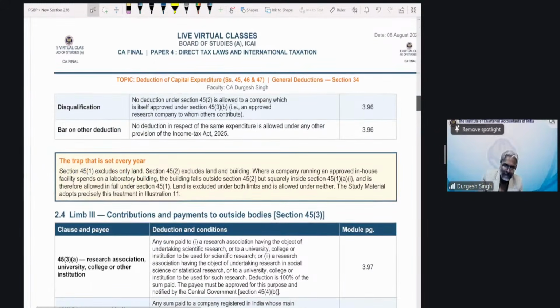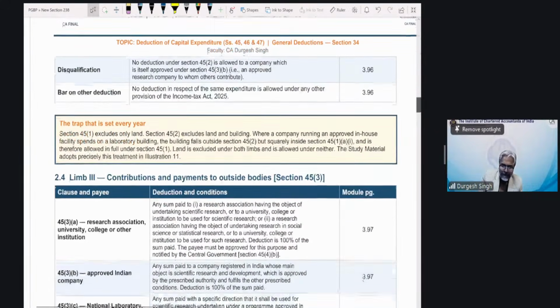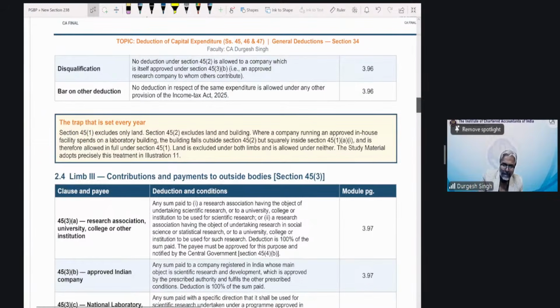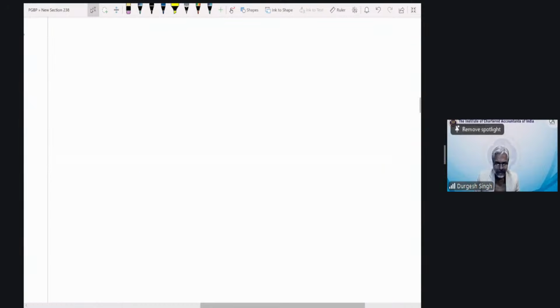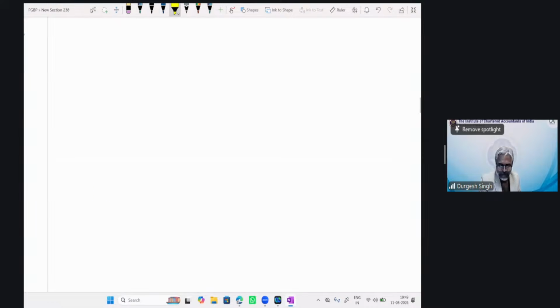Why, students? That is exactly the point in this case. Now, students, tell me one thing. If you have got the deduction of the capital expenditure over here, the question that arises, be careful, is: a few questions arise over here, and you can take a note of this one. Asset used for scientific research.